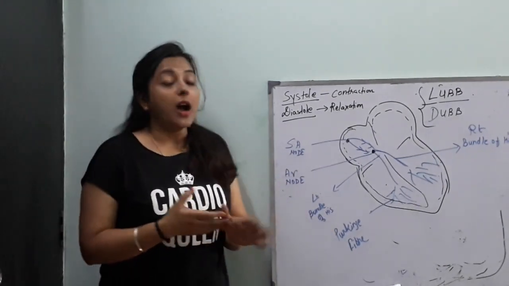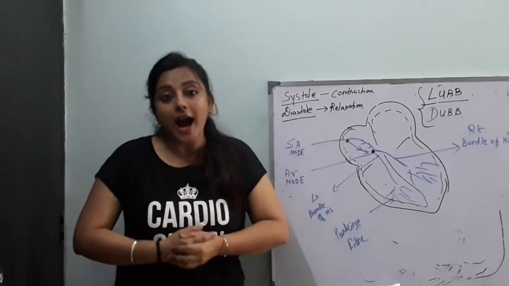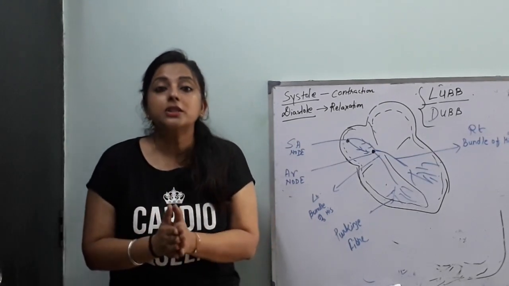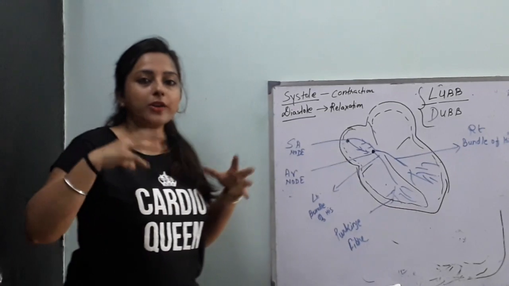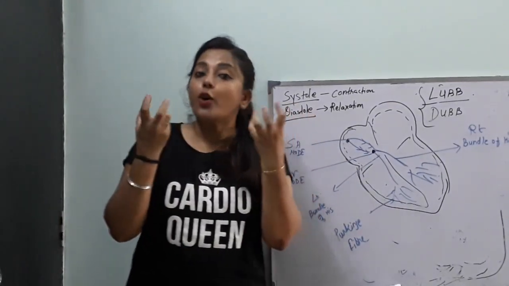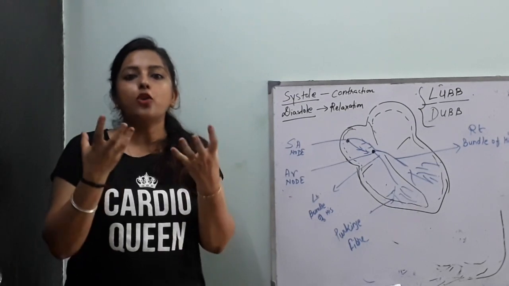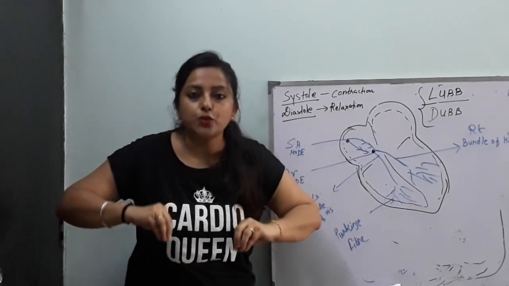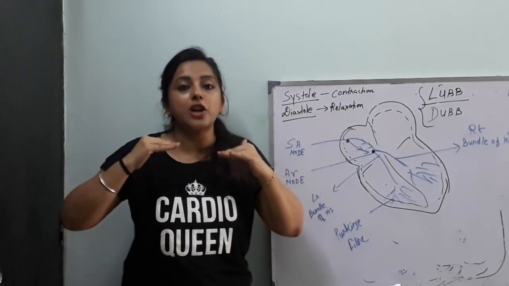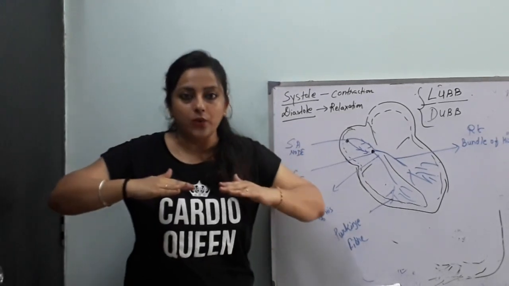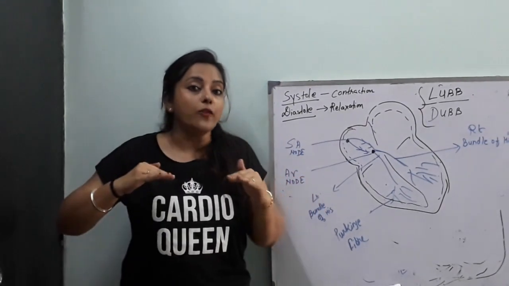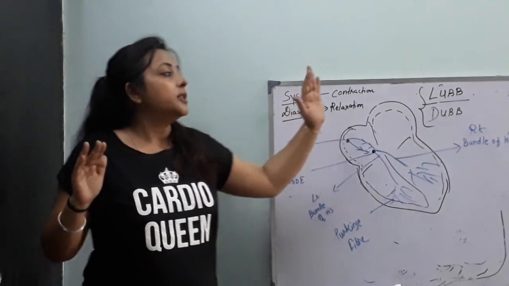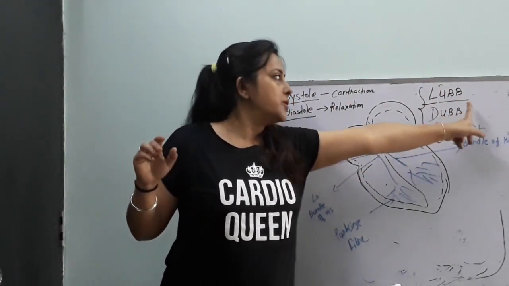Now our heart produces a sound which is called the heartbeat, and our heartbeat is produced in two phases. What are these two phases? As our auricles fill up with blood, they contract. After filling with blood, they contract and push the blood into their respective ventricles, and as blood enters the ventricles, the valves present at the junction of the auricles and ventricles close down, and the sound which comes after the closing of these valves is the very first sound, and this sound is lub.